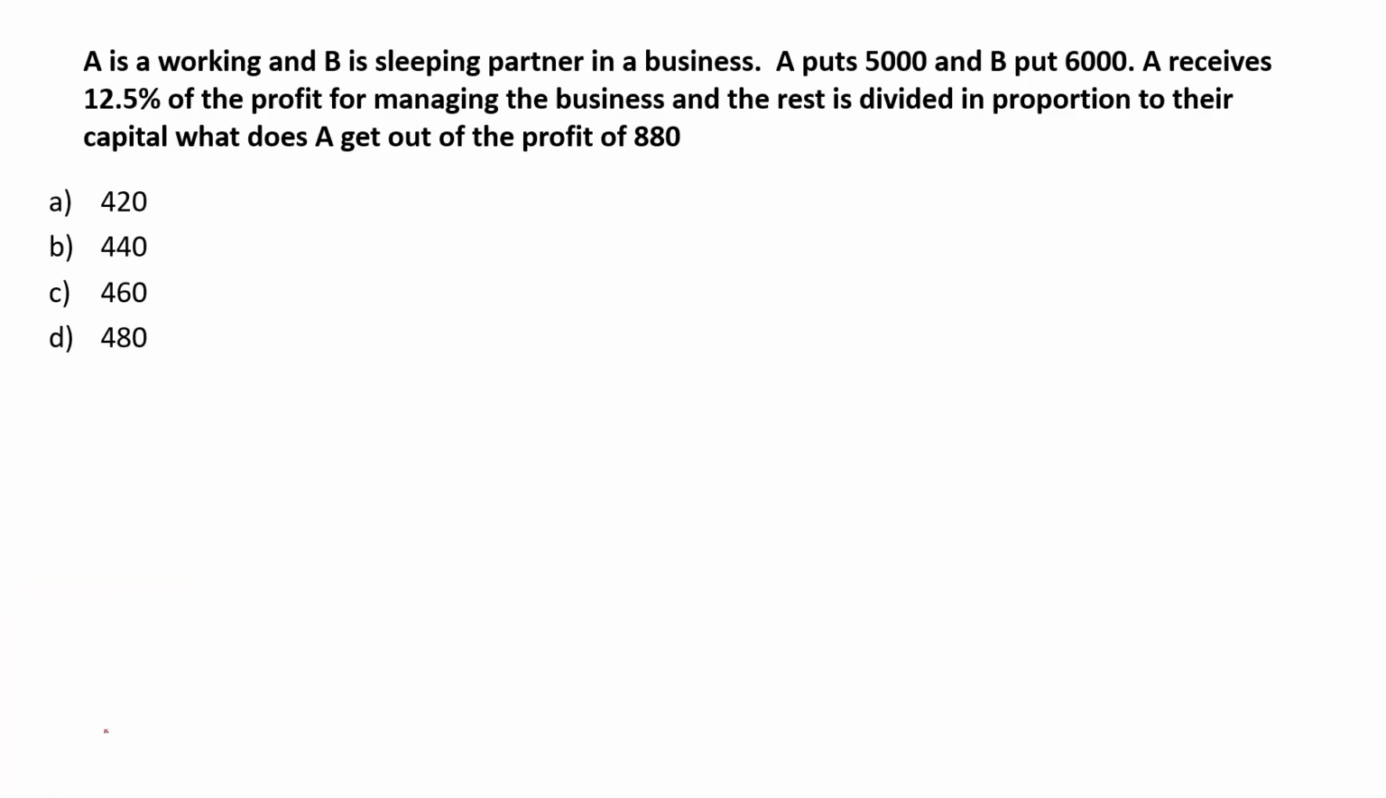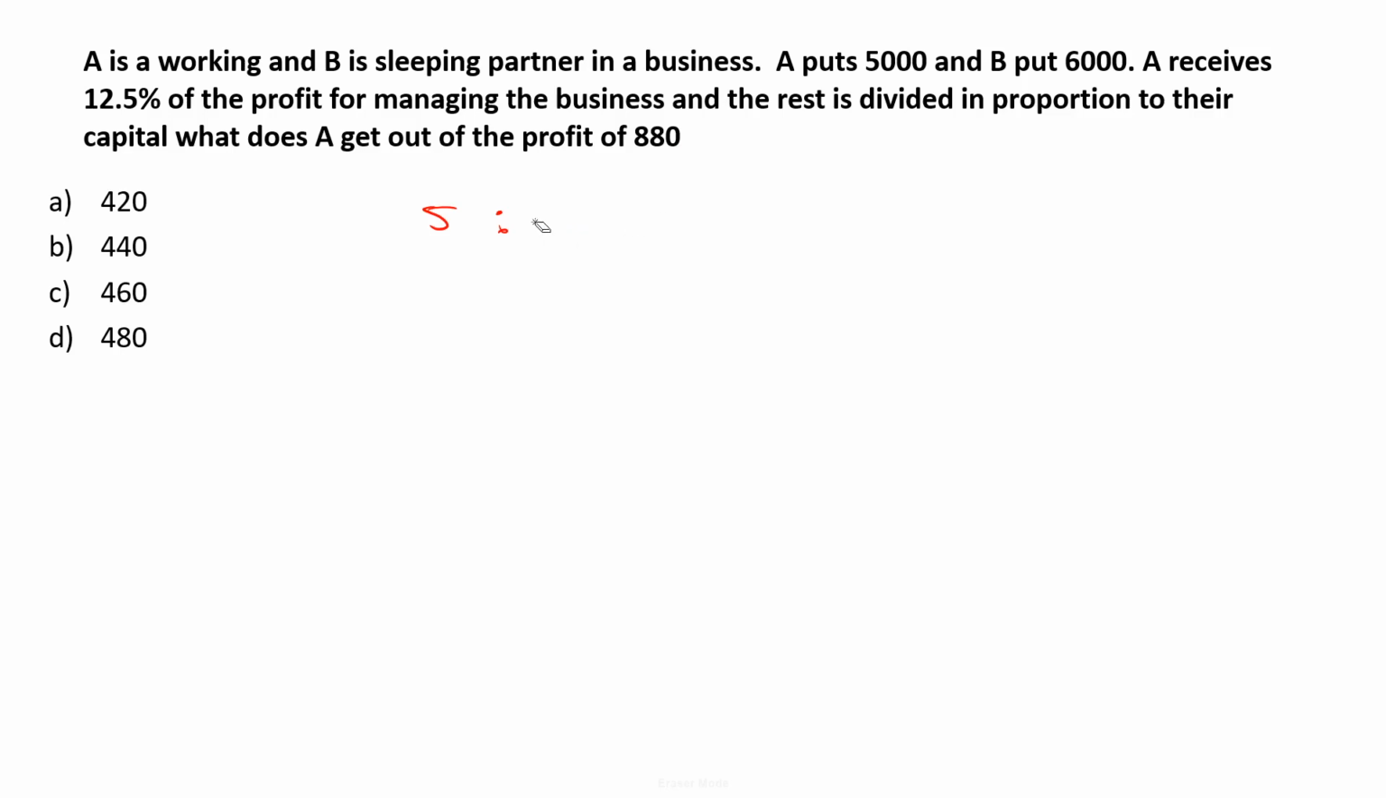A is a working partner, B is a sleeping partner in a business. A puts in 5,000, B puts in 6,000. Then the ratio of their investments is nothing but 5:6. And A receives 12.5% of the profit for managing the business, and the rest is divided in proportion to their capital. And what does A get out of the profit of